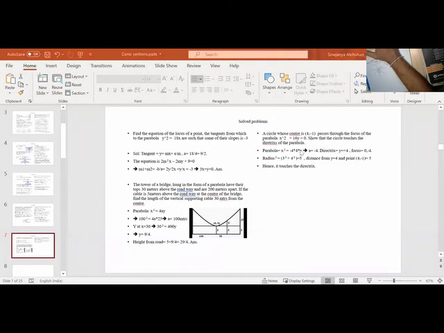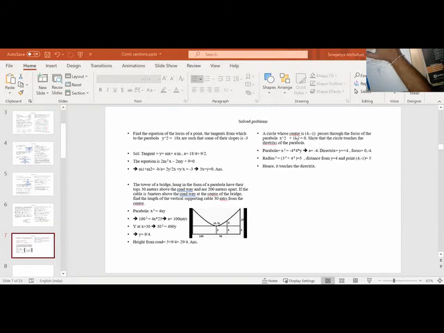So what is the focus here? The focus has x is 0 and y is minus 4. So what is the radius? The circle whose center is this passes through the focus. So the distance between 4, minus 1 and 0, minus 4: 4 minus 0 is 4 square, plus minus 1 plus 4 is 3 square, under root is 5. The distance is 5. And the directrix is y is 4 and the point of the circle is 4 minus 1. What is the distance between these two? 4 plus 1, 5.